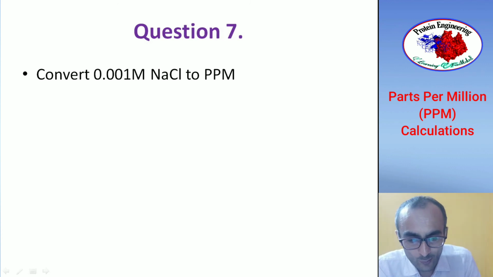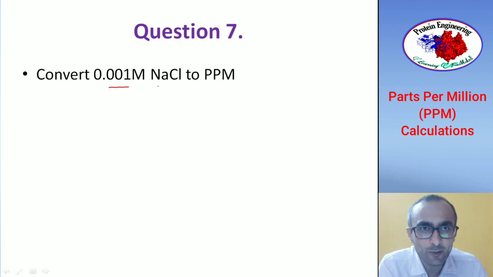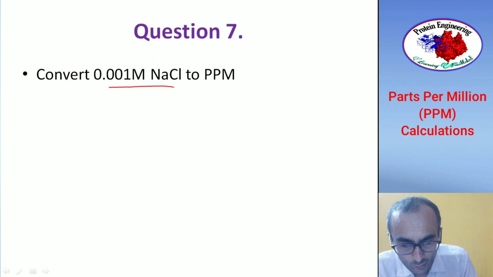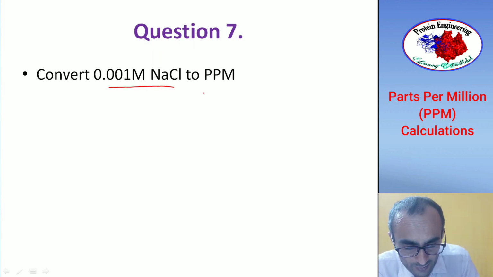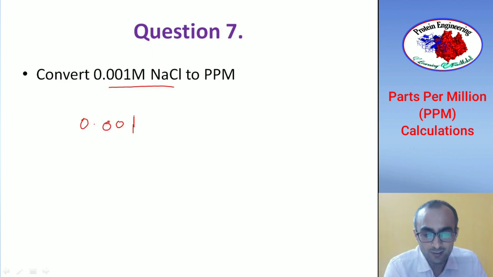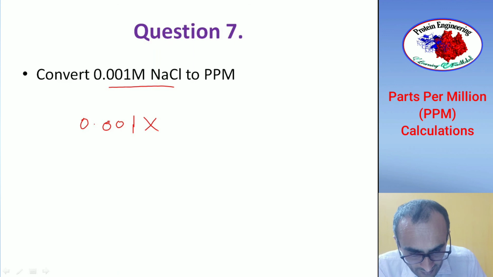Now let's take another question, how to convert molar solution into ppm. For example, 0.001 molar NaCl, and that to be converted into ppm. So we know that 0.001 molar NaCl means you have 0.001 mole per liter of solution. So that is converted into grams first. So 0.001, this is molarity given, then you multiply that with the molecular weight of NaCl to convert into gram as per the definition of a molar solution.